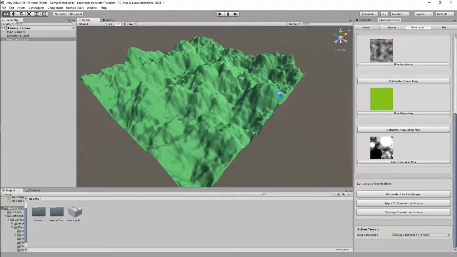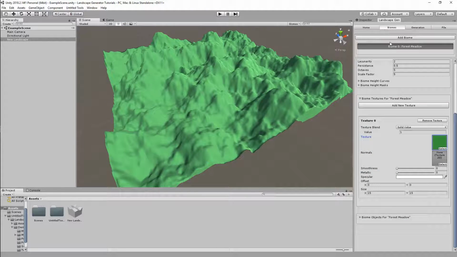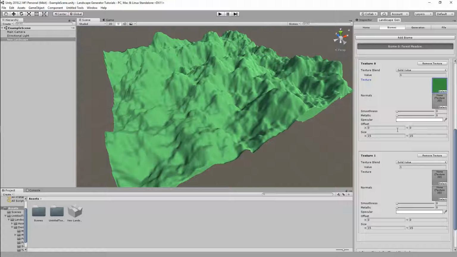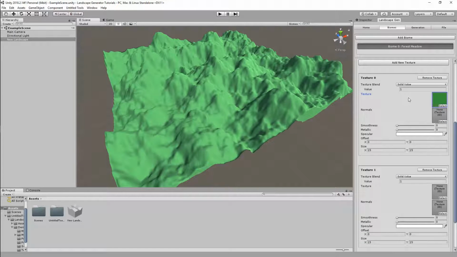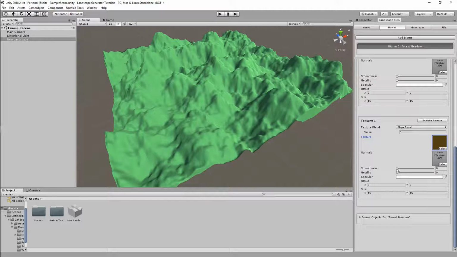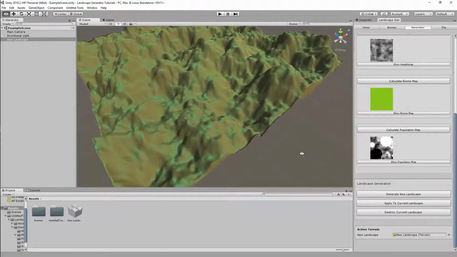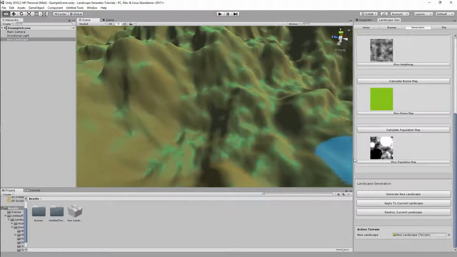that's great and all, but we don't really have any sense of cliffs or any sense of height. We just have a green texture everywhere. So let's add another texture, and we're gonna actually change this to have an inverse slope blend, and this one to have a slope blend, and you'll see why in a second. Because if I change this to rock, for instance, or actually we're just gonna go with dirt,